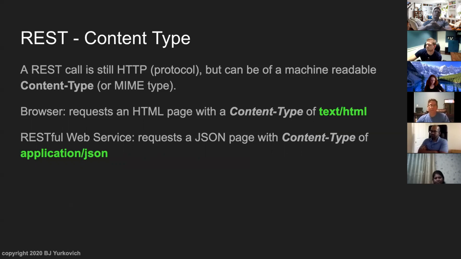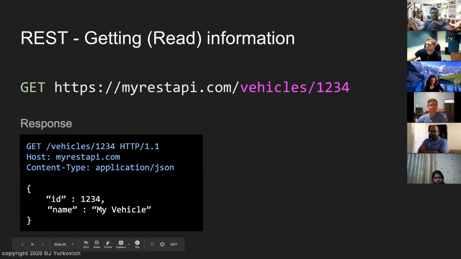And so when we talk about a content type or a MIME type, a RESTful web service typically communicates in JSON, JavaScript Object Notation. I said that before. And the content type, remember I mentioned that with our HTTP discussion, is usually application/json.